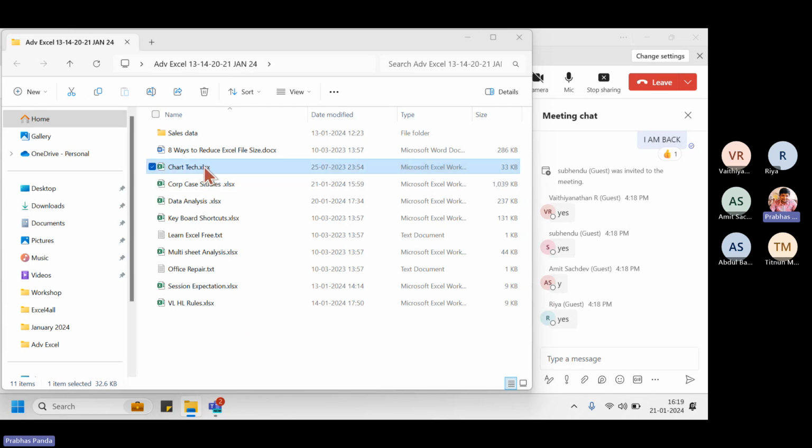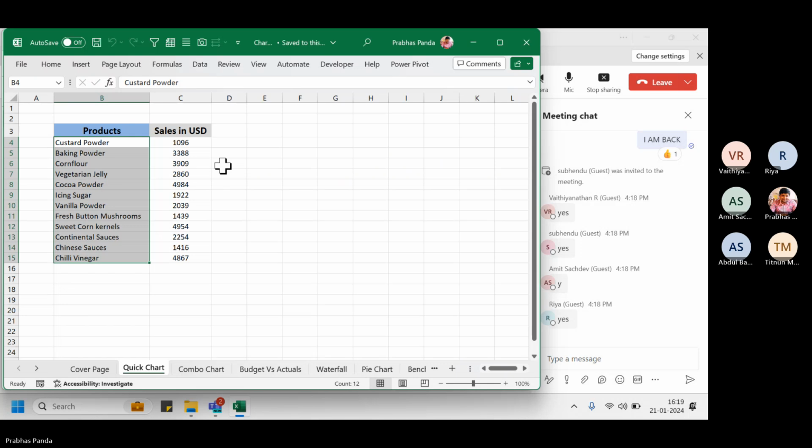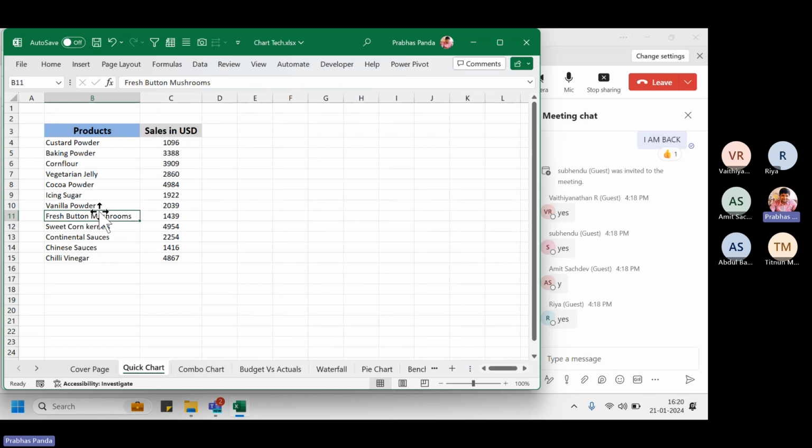So let's go to our file called chart text. Over here, you will find we have got product-wise revenue data. My boss asked me, looking at the same, Prabhas, why don't you plot this data in a graphical format? No issues. Keep your cursor anywhere in the data, press Control A, and convert your data into a table if necessary. But what is the benefit of doing that? Later I'll tell you. But right now, selecting the data, go for plotting a graph by simply